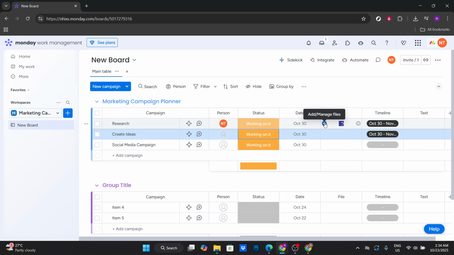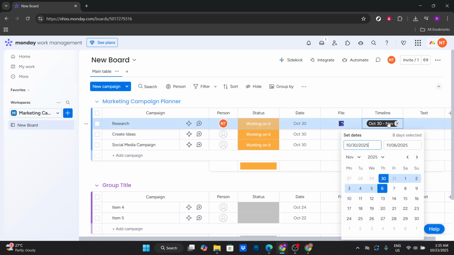Lastly, for a visual representation of your campaign schedule, don't forget to check out the timeline view. This opens up a clear visual layout of your tasks and deadlines across a calendar, helping you spot overlaps or gaps in your plan. If you need additional notes or descriptions attached to your tasks, consider adding another text column